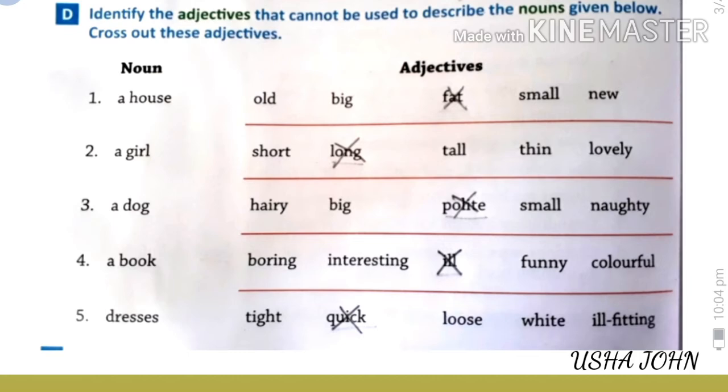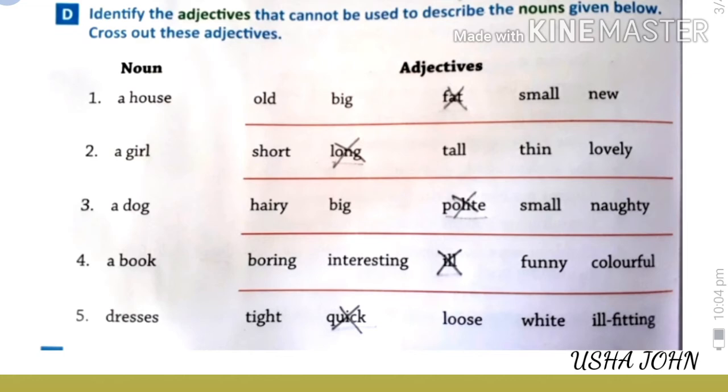First noun, a house. Here the adjectives are given: old, big, fat, small, new. An old house, a big house, a small house, a new house. All the adjectives are suitable for that noun. Only the adjective fat is not suitable for the noun house.